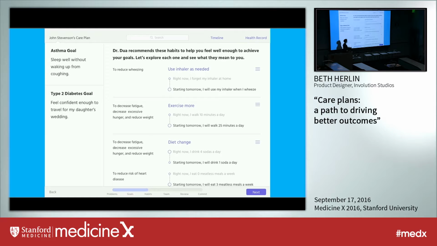And then on the second screen, we can see those goals that the patient has entered contained within those conditions. On the right, in the purple text, you can see what you might traditionally think of as the doctor's orders, right? The super vague: use inhalers as needed, exercise more, change your diet, that the patient doesn't know what to do with. But in this example, we're identifying where they are with those behaviors, where they have identified that they want to be. And the most important part is drawing that connection between those health behaviors and their desired outcomes on the left.